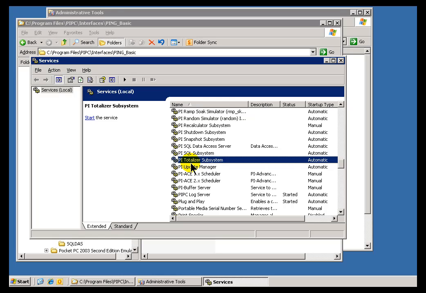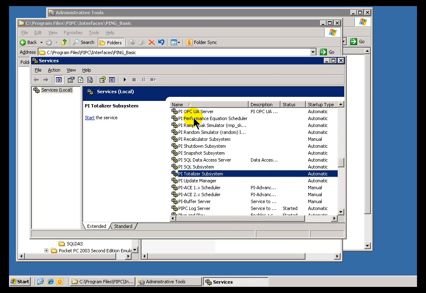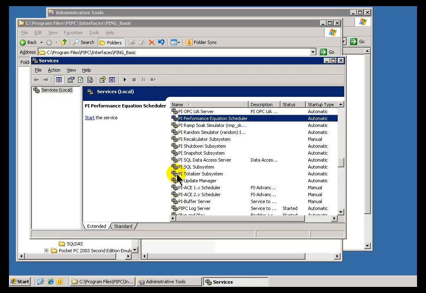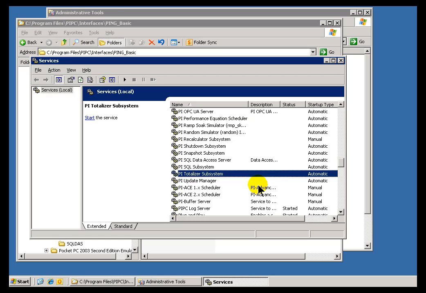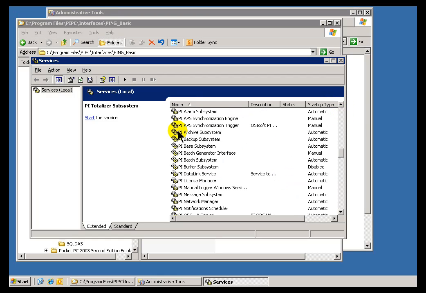It's more, you know what it is? It's more fill in the blank than performance equations. Performance equations can do these same calculations, but you have to write that using an expression syntax. With the Totalizer subsystem, you can do this same work, but you simply choose items from a user interface. So that's the Totalizer. The PI Alarm Subsystem is supporting our older alarm package for